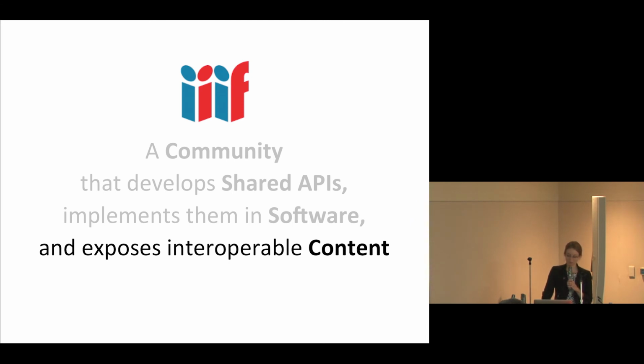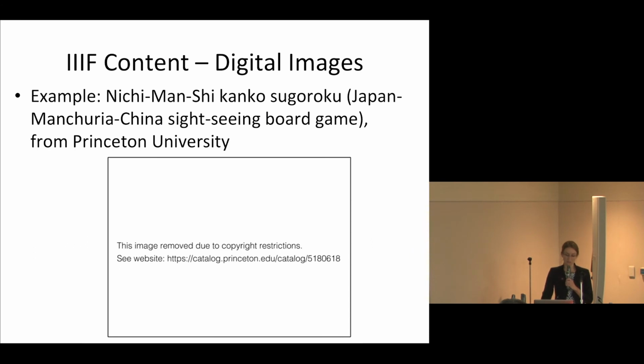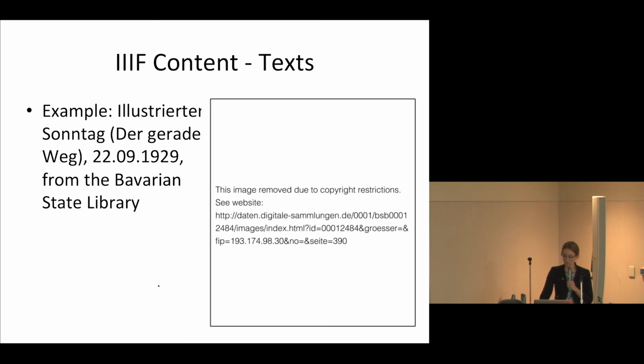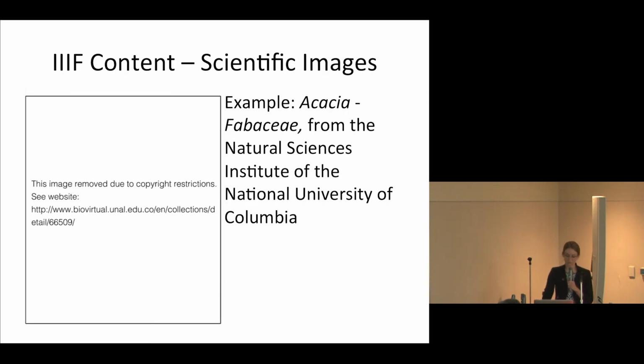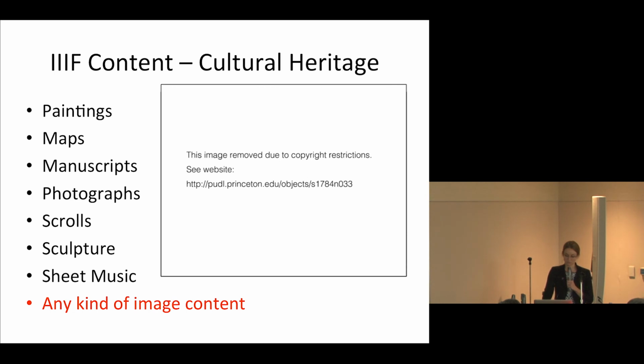And you saw some of the kinds of content that we're exposing through IIIF, but just a few more samples. Basically, the content is any kind of digital images. This image is just an example. It's a fun board game from Princeton University. But you can also make available images that contain text, so newspapers, manuscripts. We're also seeing more scientific types of images being made available through IIIF, and of course, paintings, maps, manuscripts,